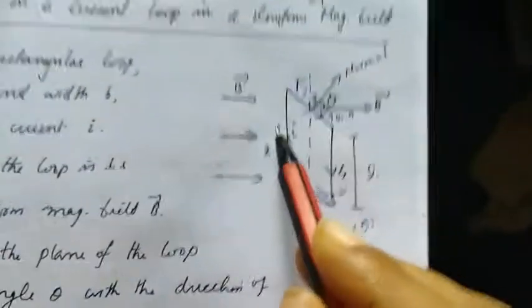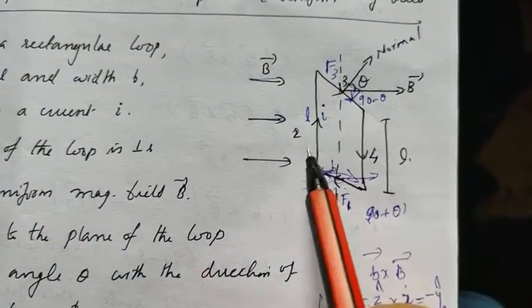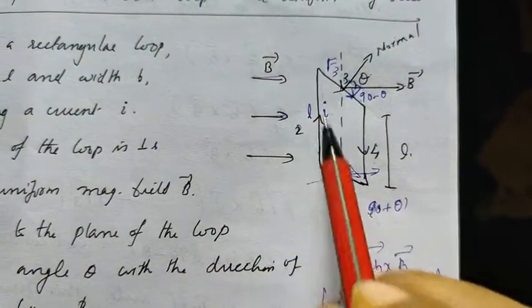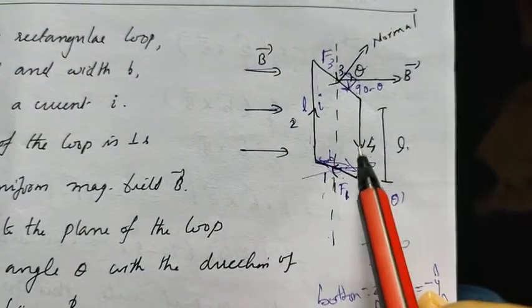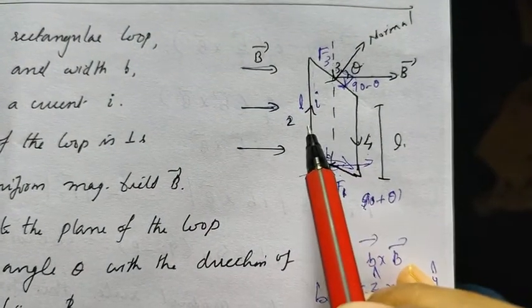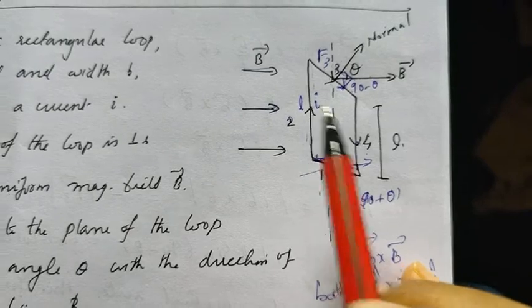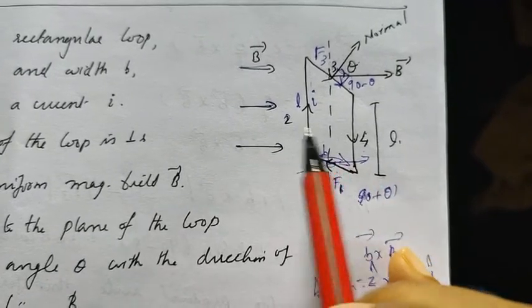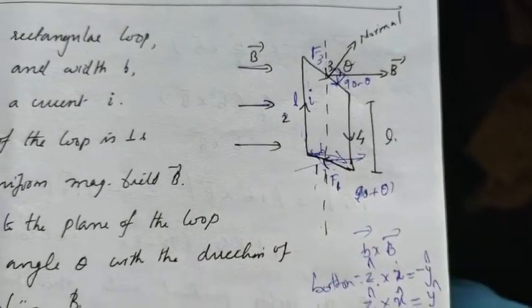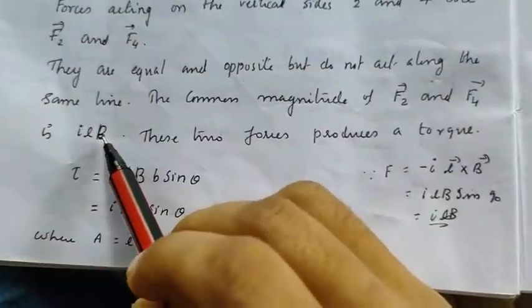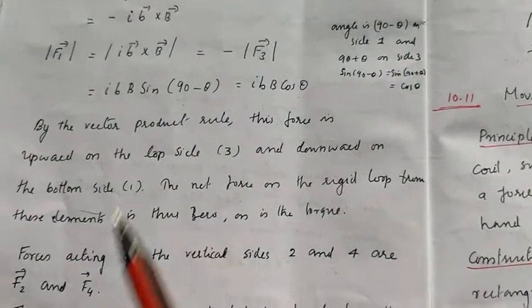This is side 2 and 4. These forces are equal and opposite but do not act along the same direction, and the magnitude will be IL into B,